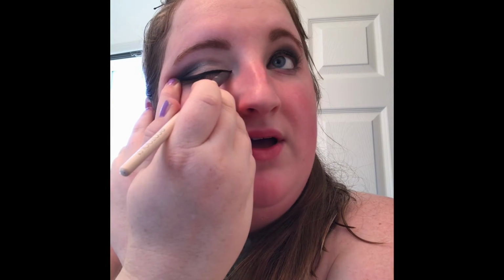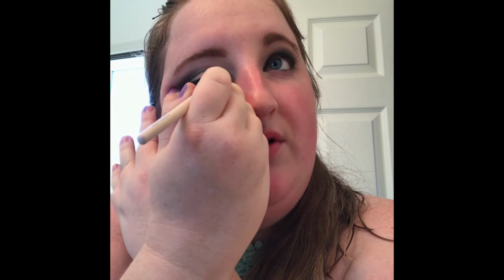Something else to note, the product works best when you have product on your lids. So like eyeshadow, I put a layer of primer and then 2 layers of a cream shadow. That was my skin tone. And that just set the base really well. I wouldn't suggest putting this in your waterline just because it would irritate your under eyes, and we don't want that. So, alright, I'm gonna check real quick to see if they're even,